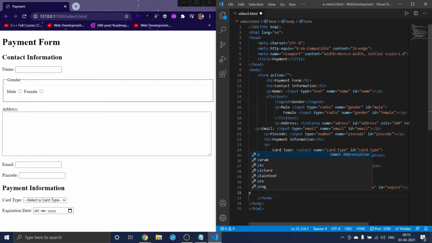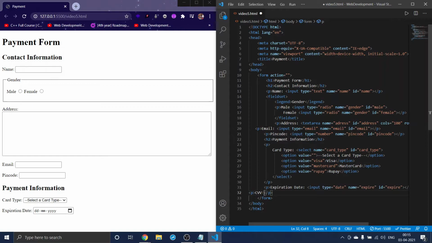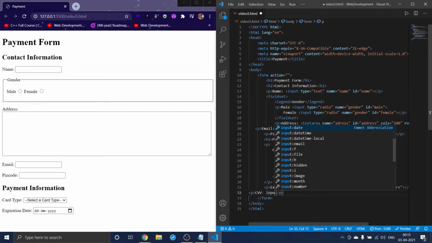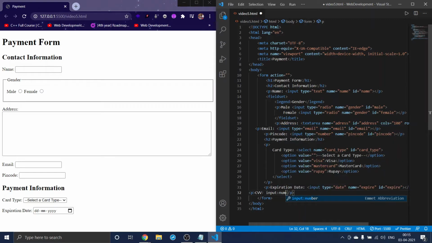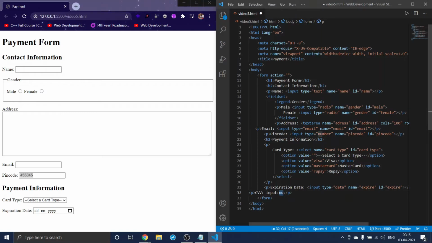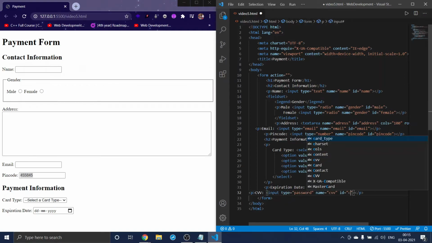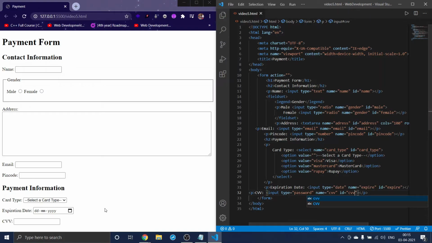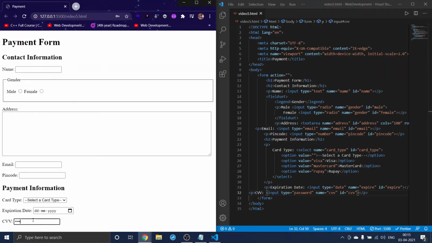And after that you need CVV, right? So for that CVV, an input type which is of number, input colon. Okay, this is not of number type because of what happens in number, for example, when you see here you can see this number, but CVV is something personal. So what we can do is we can use type password, and I will give the name and ID as CVV, and we'll save this. When you click on this and when you type any number, you will get something like this, the dotted elements.